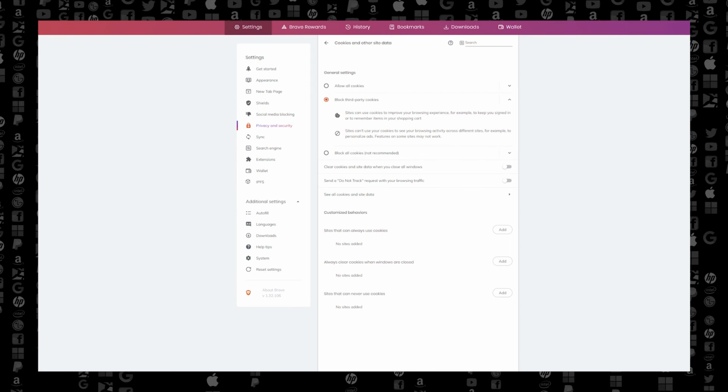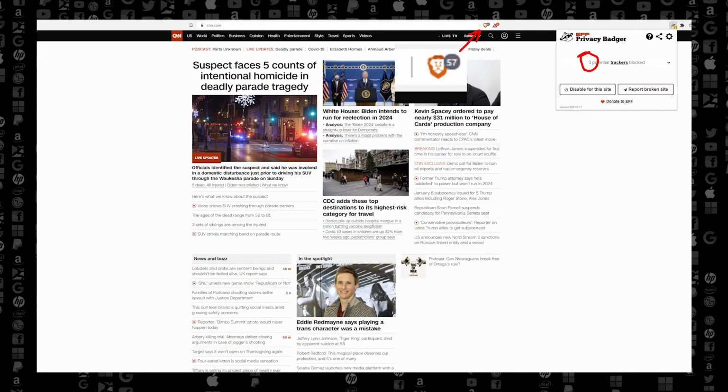If you do go ahead and switch to Brave, I still recommend that you go into the cookie settings just like you would in Chrome and make sure that blocking third-party cookies is enabled, and consider turning on Delete All Cookies on shutdown. You might also still want to consider installing Privacy Badger too, just for extra protection against any tracking cookies that slipped past Brave's built-in ad blocker. You don't need uBlock Origin on Brave though, since it has its own ad blocker built in.